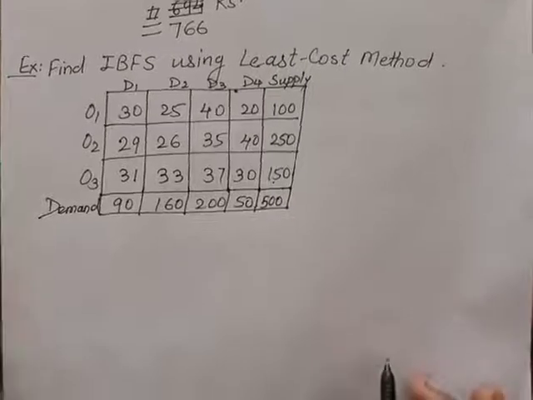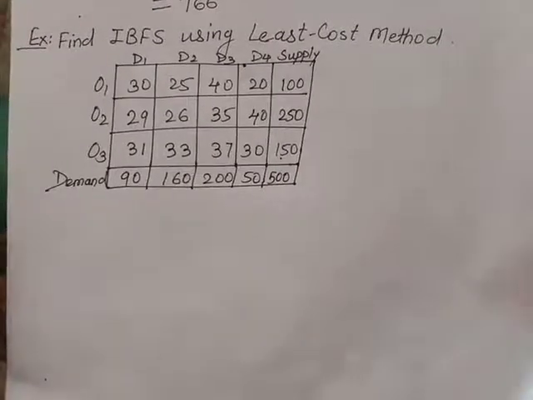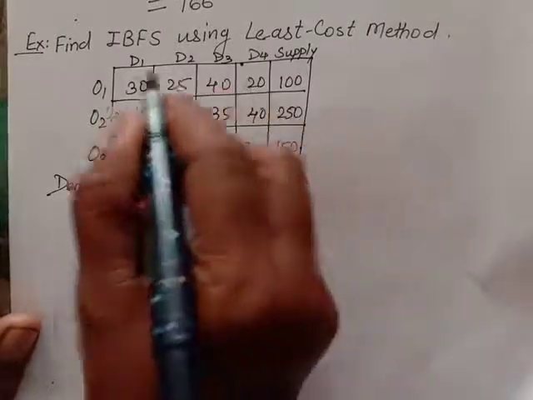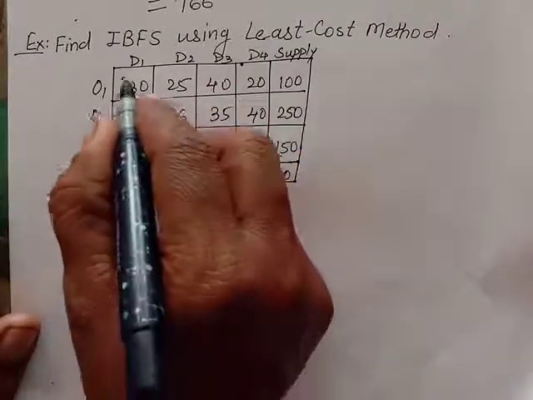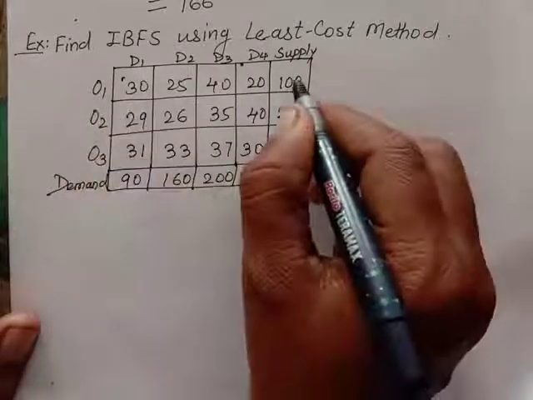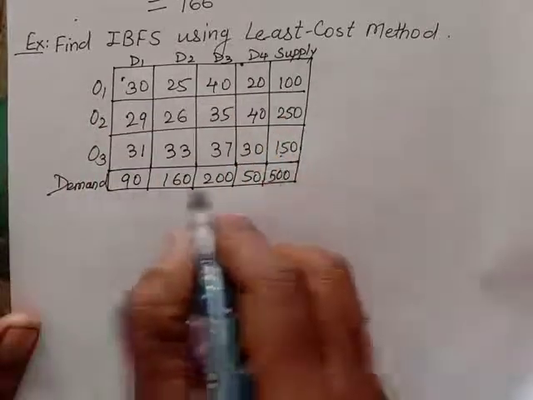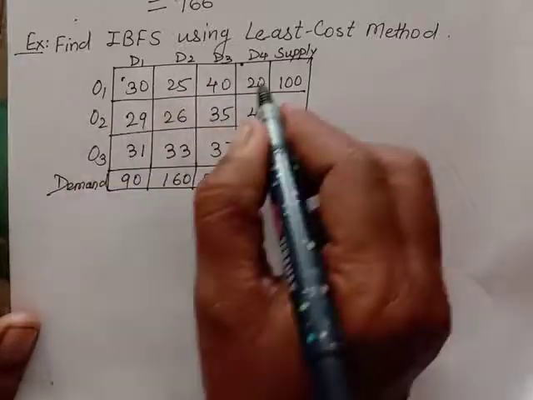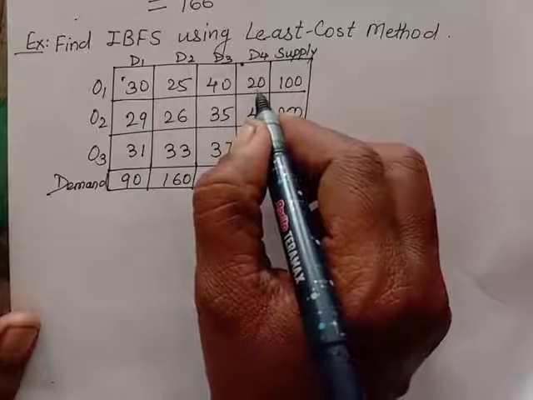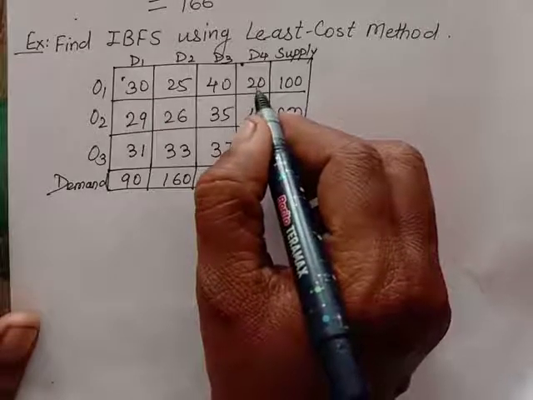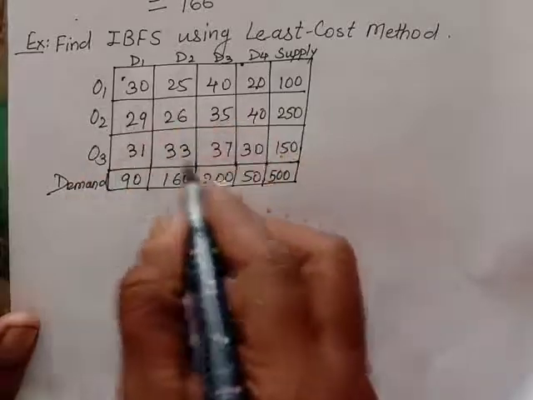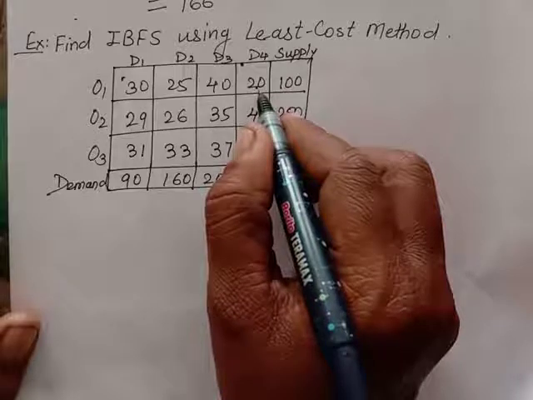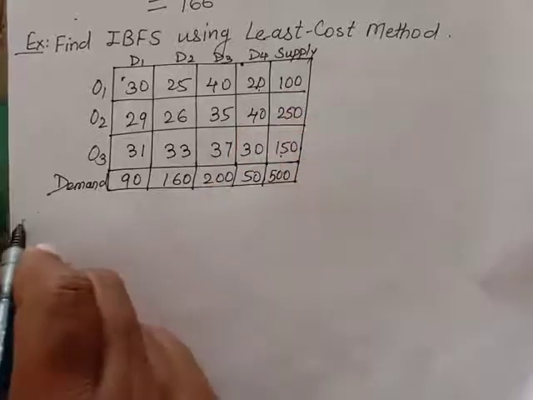Now we have to find the initial basic solution here. For that we should look at the minimum cost from these cells. We eliminate this supply and demand, here we won't consider them, simply we have to look at these ones. So here the minimum cost is what? 20. The least cost is 20 at the 1 4 cell. Nowhere else is 20 there, so we have to start allocation from this 1 4 cell. So let me write the solution.